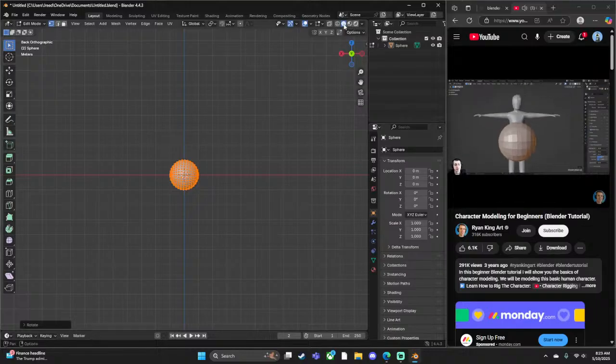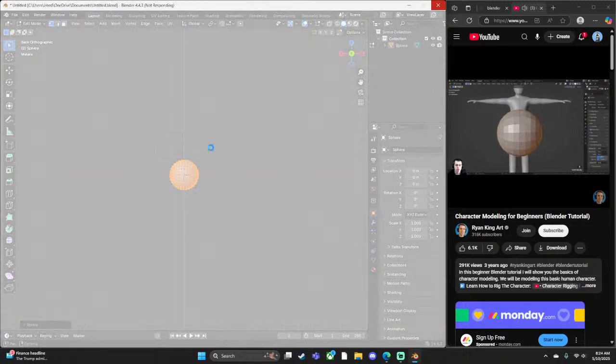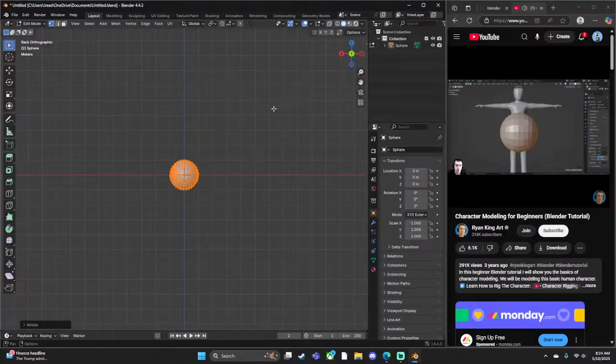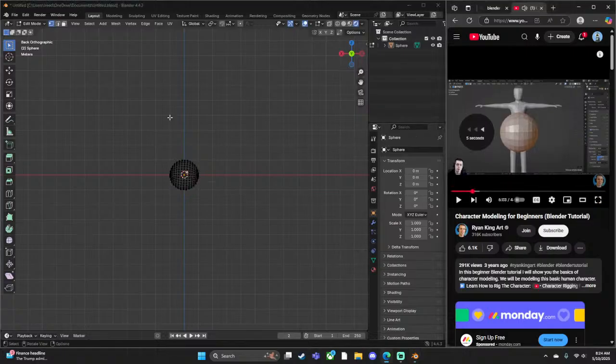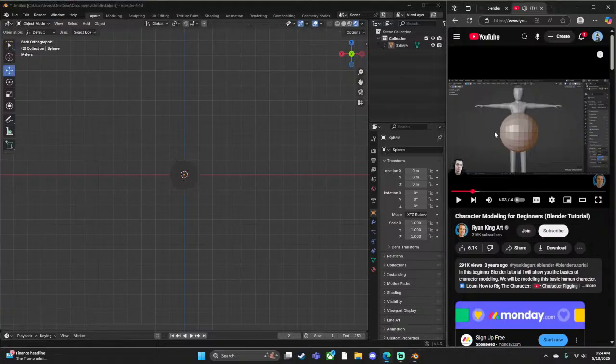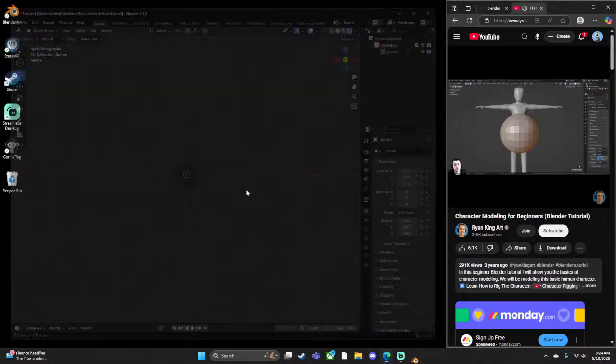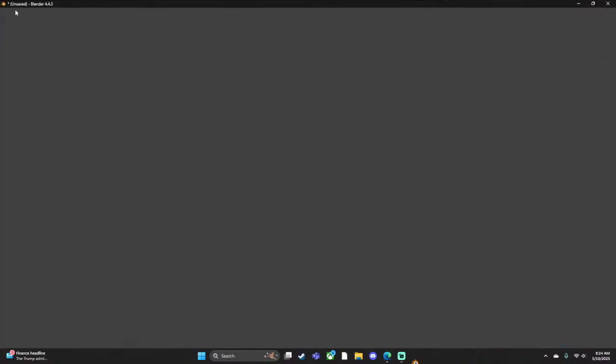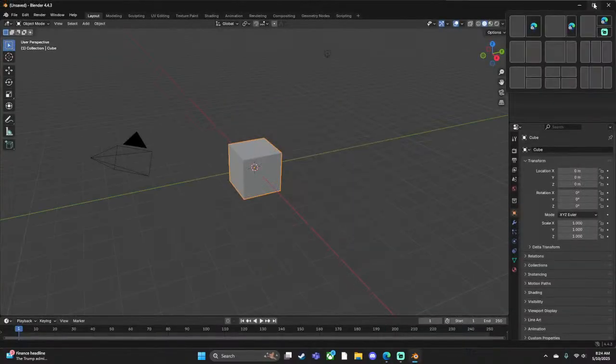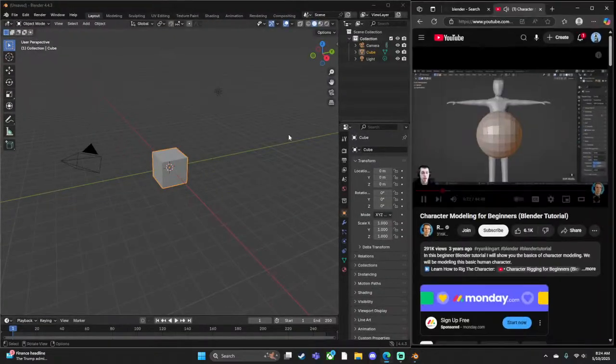Now this character is symmetrical, so one side is the same as the other side. So what I can actually do is just delete half of the character, and then we can just model one side, and we can use Blender's mirror modifier to mirror it over to the other side, so we only have to model one side. So that is what I'm going to do, and it's going to make each side exactly the same, and it'll also speed up the modeling process. So to do that, I first need to